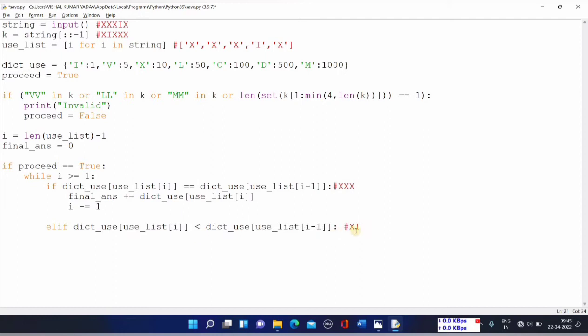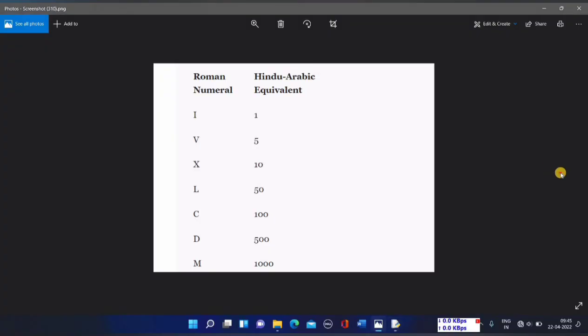Okay, it's basically checking whether I is smaller than the value of x or not. So obviously the value of I is smaller than the value of x, then in that case what I have to do, see, in that case, final answer plus equals to this. What does this mean? As we know, over here in the rules it was written that,